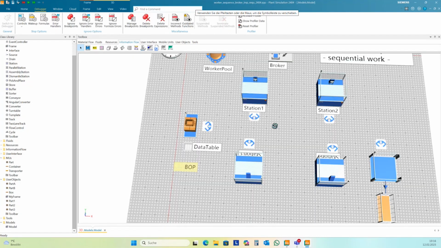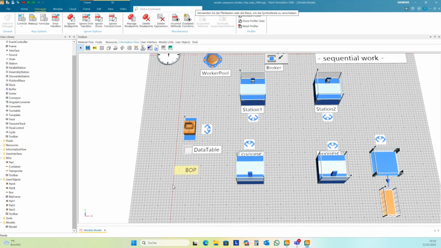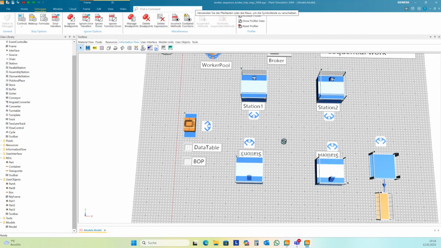Now we need to organize the flow of these parts here, depending on their plans through this production. And we had already 2 webinars on how to create such behavior in the simulation. You can do this in the exit controls of the stations here.